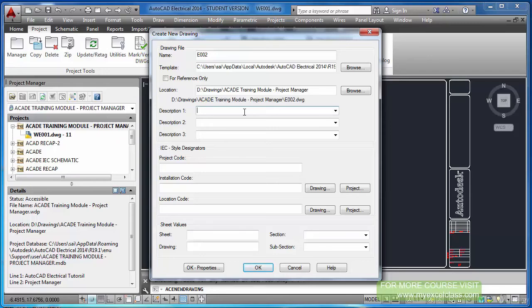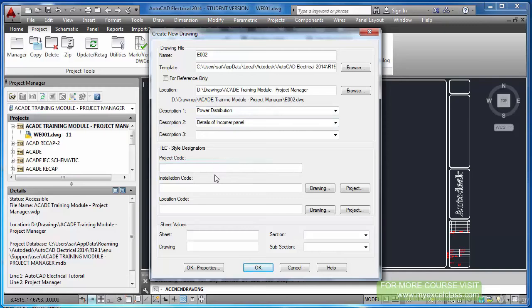This description is only for this particular drawing. Okay, power distribution details of incomer panel.